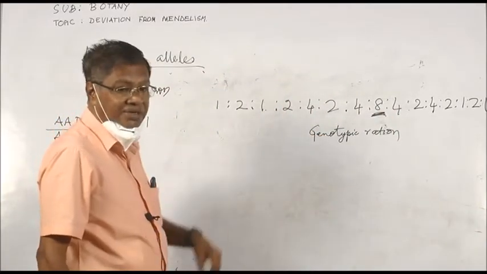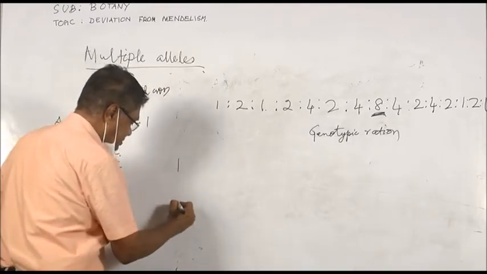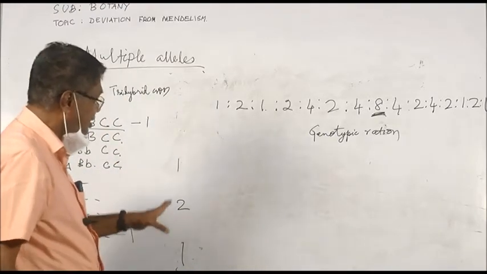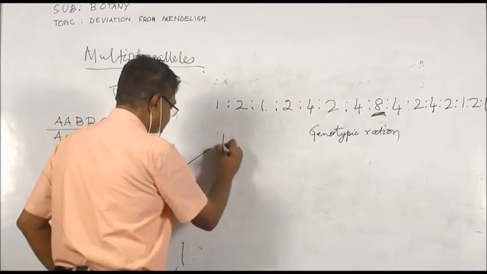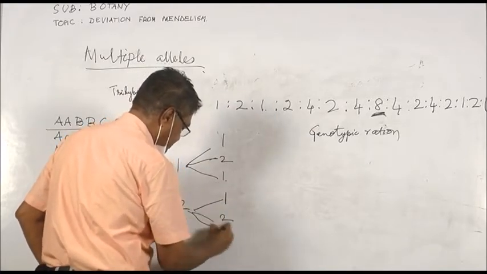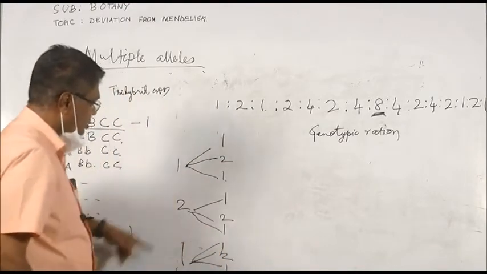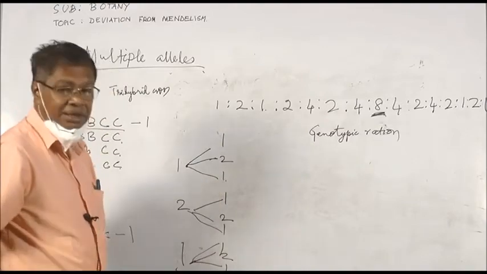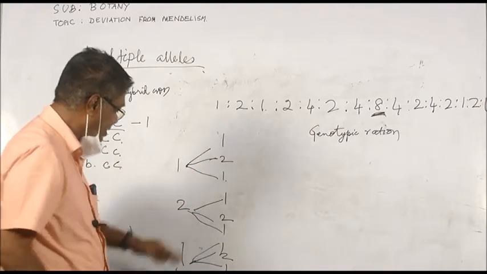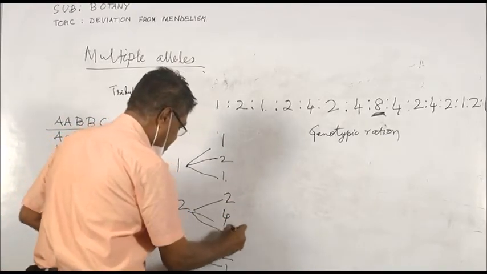Now, you may find it very jumbling. It is very easy to calculate this. It is like this. 1:1 is the basic monohybrid ratio that we have already discussed. 1 to 1, 1 to 1, and 1 to 1. So this is the monohybrid ratio for 3 categories. I am sorry, this will be 2, 4, 2 because this is 2.